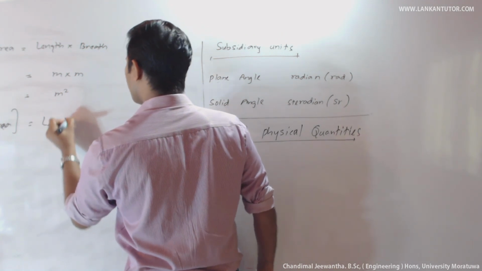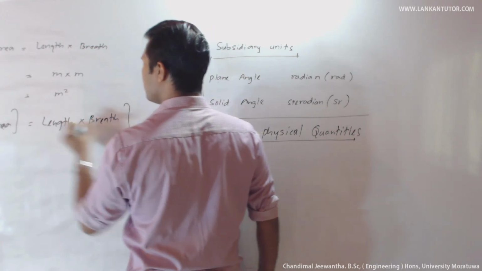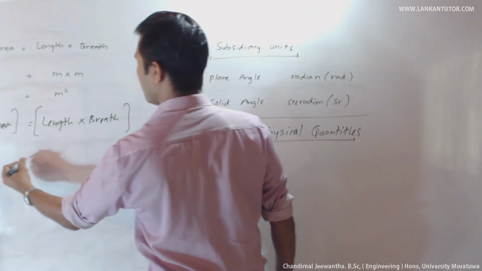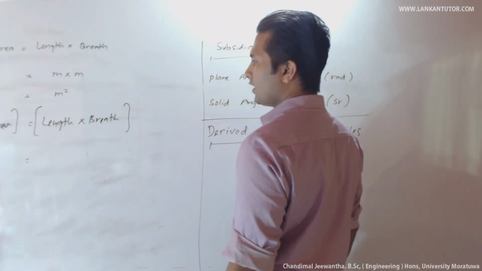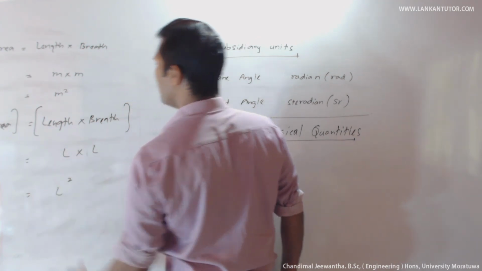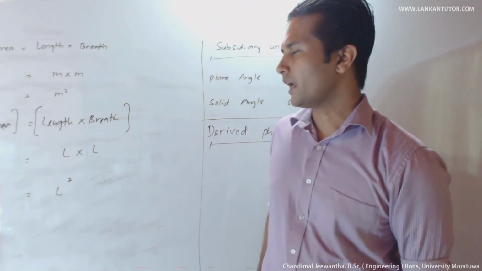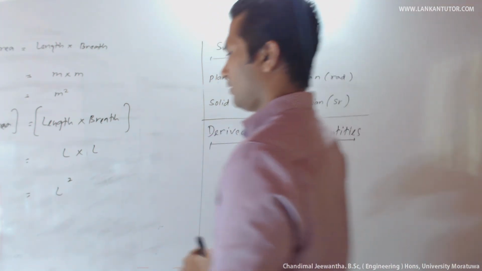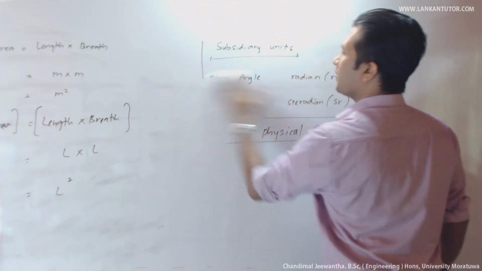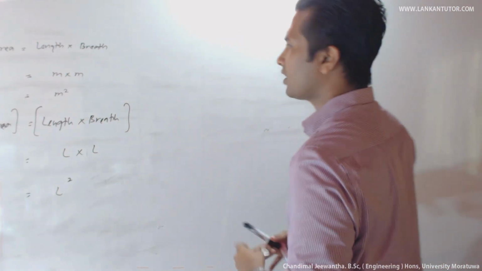In order to get the dimension of area, you have to take the dimension of length and breadth. So that is capital L into L. Therefore, the dimension of area becomes L square. Okay. Then the next physical quantity is